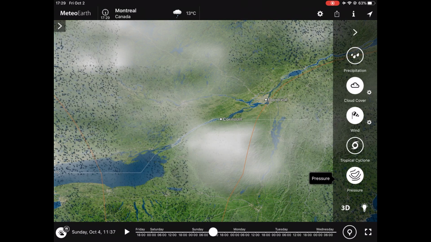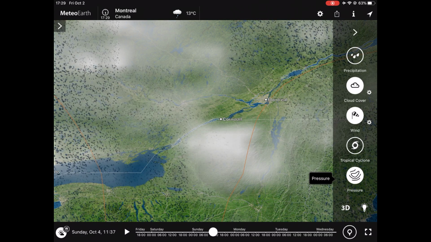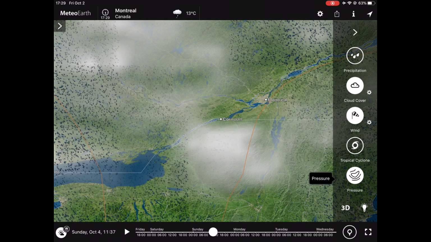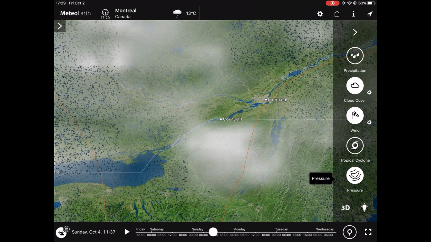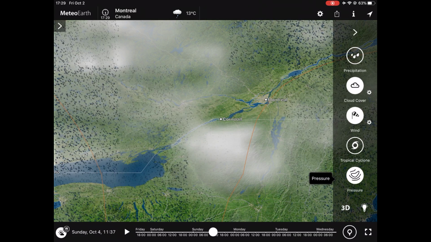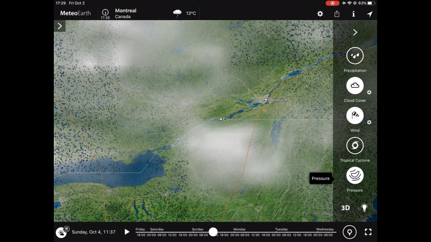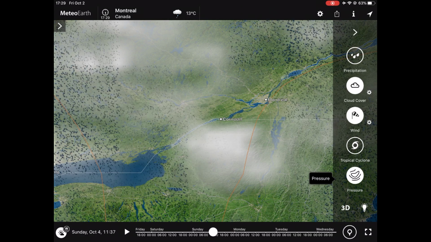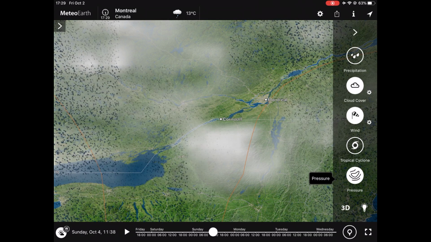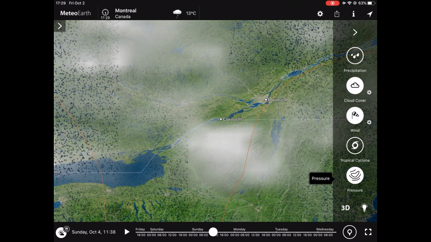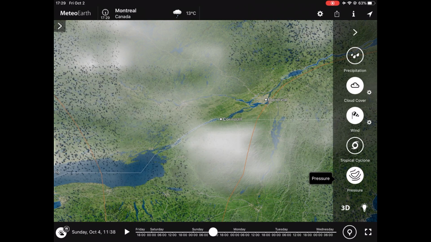The reason why I'm looking at it this way is when you're traveling, what's behind you is not important. What is really important is that when you get to your destination that you're going to be able to land. Now what's happening en route is important as well, obviously, but you have to keep in mind that as you're traveling, what's going on behind you is not really going to change or affect you. It's not going to change your day at all. So we look at Montreal and we say it's clear.